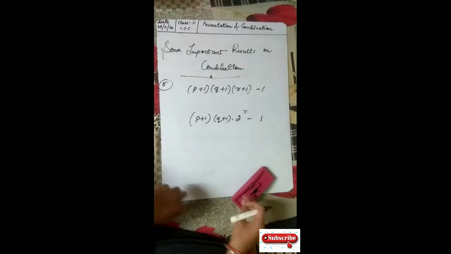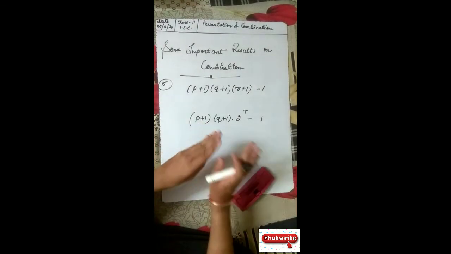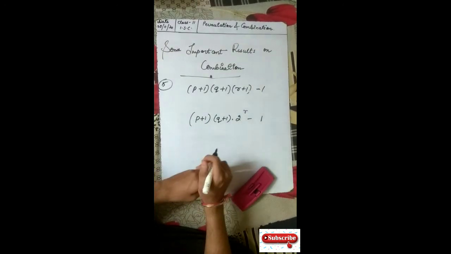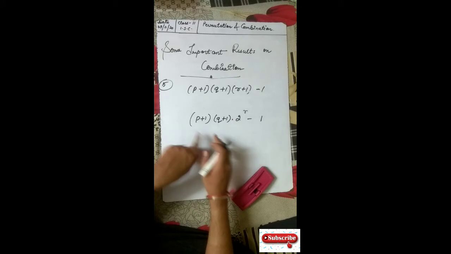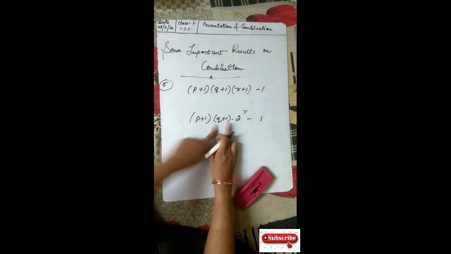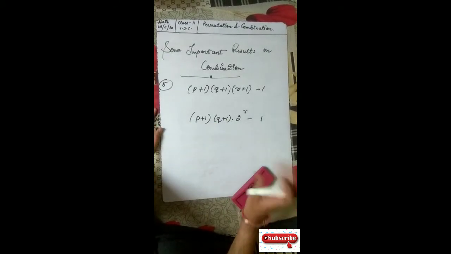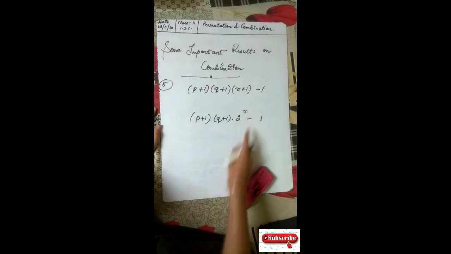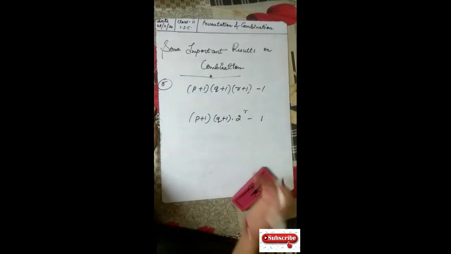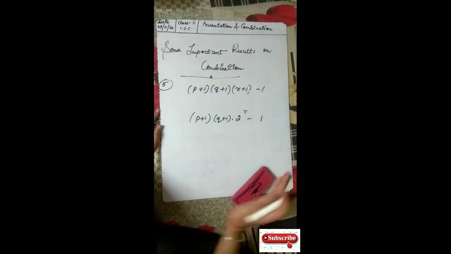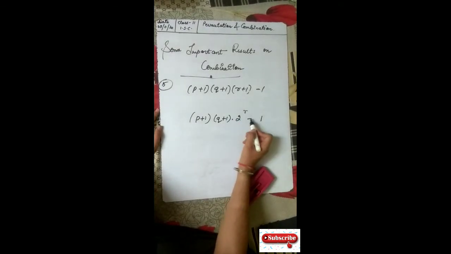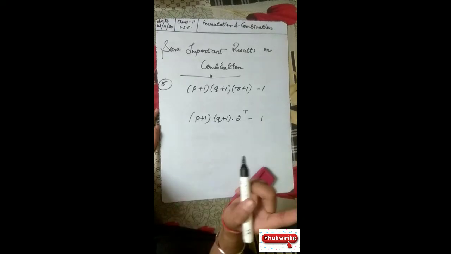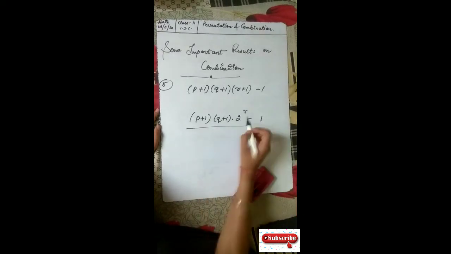Now say for example, if you have p, q, r things, and p are alike, q are alike, but r are different, then that will be 2 to the power r, because we have seen in the very first that the number of combinations when n different objects are selected, r at a time, is 2 to the power r minus 1. Why are we doing this minus 1? To make it a non-empty selection. Okay, so this formula we have to use.